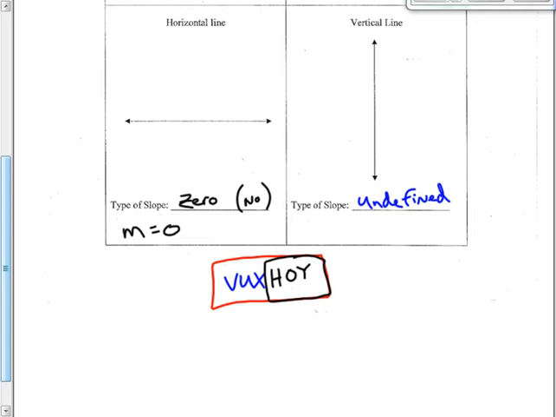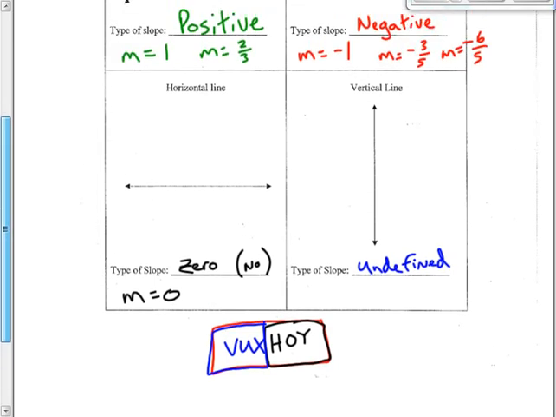In a vertical line, that's the Vux part of Vuxhoy. Vertical lines have undefined slopes and their x equals equations. I will not accept anything except the word undefined. It's an undefined slope. A vertical line has an undefined slope. So some ways that you may want to try to remember this